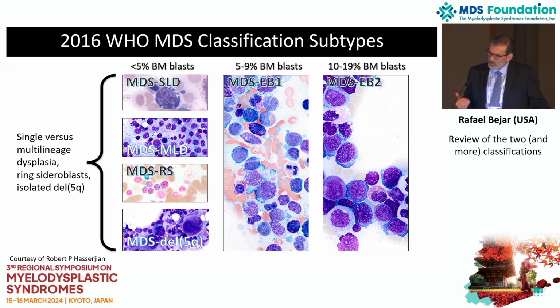The way that I like to visualize it instead of that list is this slide that Dr. Surgeon shared with me, is to think about it as being into three different groups. Those individuals that have 10 to 19% blasts, those individuals that have 5 to 9% blasts, and then those individuals with low blasts that are differentiated, obviously not by the blast count, but by other morphologic features largely, like MDS with single lineage or multilineage dysplasia, MDS with ring sideroblasts, and of course the MDS with del5q is the sole genetic category in that group.